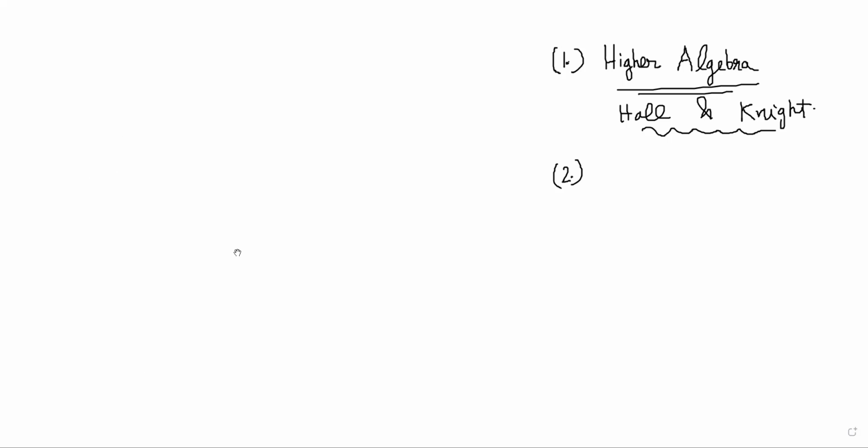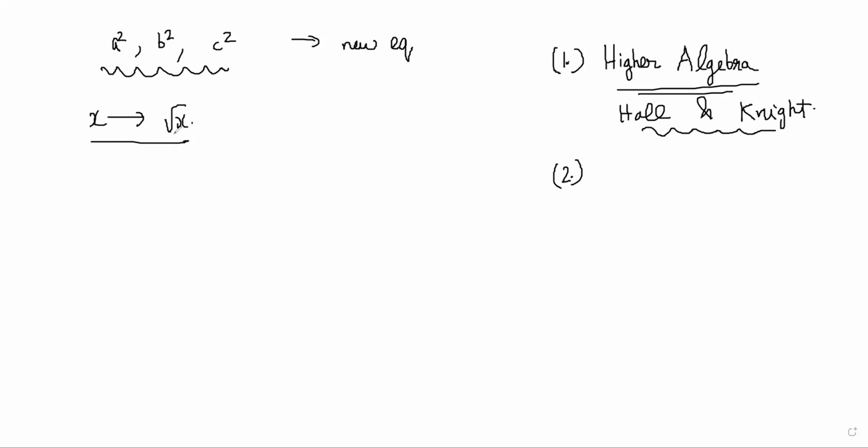In 12th we have done that transformation of equations theory, if you remember. I think we did this in the class itself. First we square rooted: given an equation, we made a new equation with a square, b square, c square as roots. How do you make a new equation with a square, b square, c square as roots? Instead of x you put root x, right? Once you have a new equation with these roots, you have to make a new equation with roots these, right?